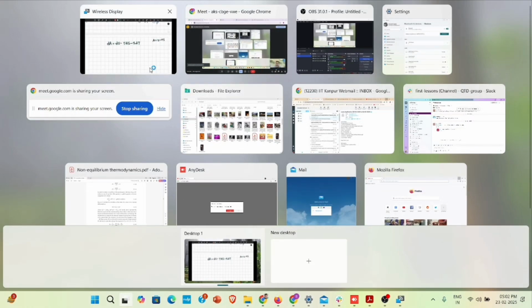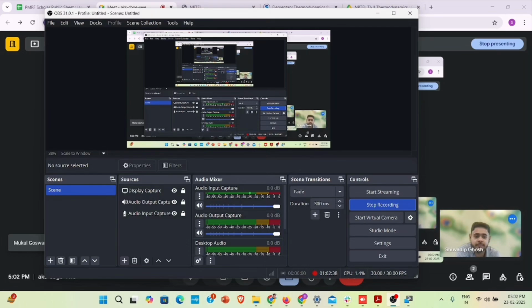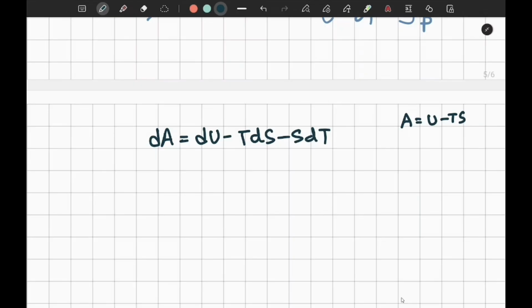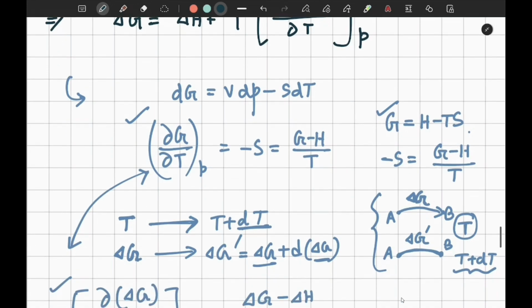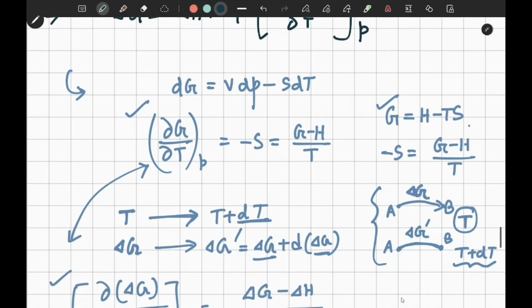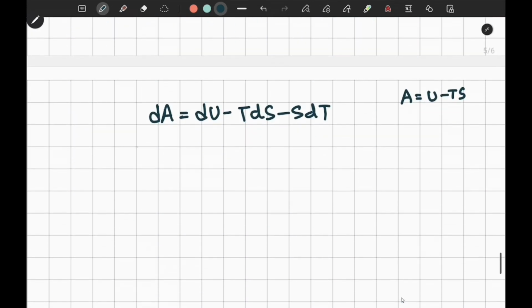Just checking that OBS is going on. Okay. So from here it can be shown, it is okay. It's clear. Now here you see we consider the del A del T. Here also we'll consider. Before that, what is the dU? dU is